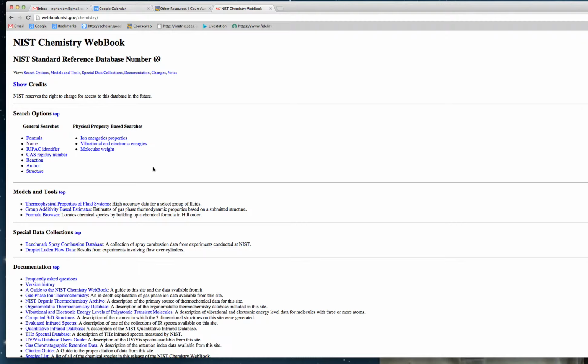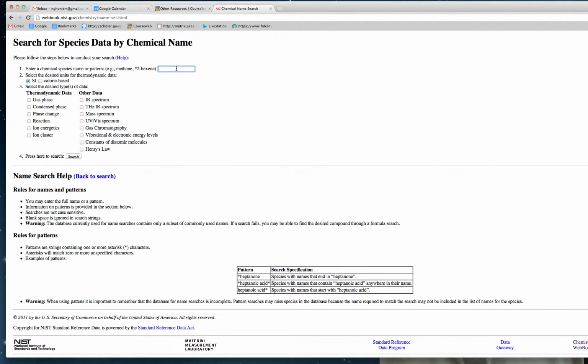And in here, if you're looking for specific properties, you can find them if you enter a formula or the name of the element or the compound or some identifier that they're familiar with and so forth. I have not explored all of the possibilities because NIST has a tremendous database. But if you just simply click on name, for example,